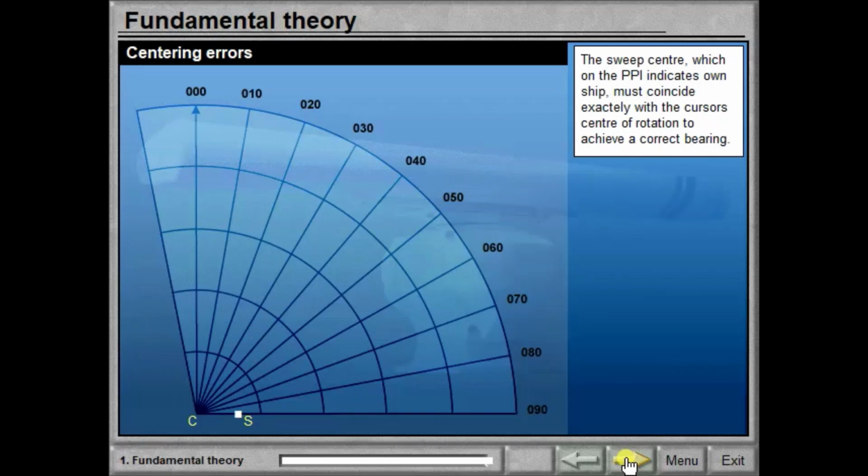In this illustration, we try to visualise the effect of the centering error. Naturally, these types of errors should be paid attention to and checked from time to time, because if unnoticed, it can be perilous.